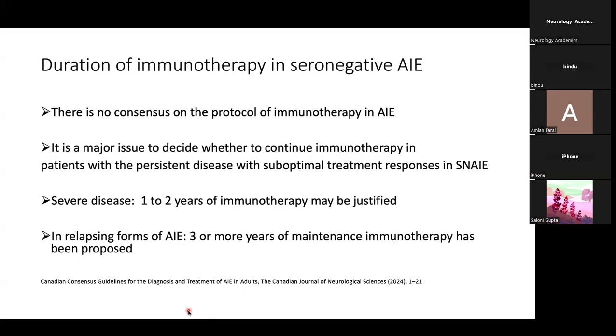So, duration of immunotherapy in seronegative autoimmune encephalitis: there is no consensus protocol of immunotherapy in autoimmune encephalitis. It is a major issue to decide whether to continue immunotherapy in a patient with a